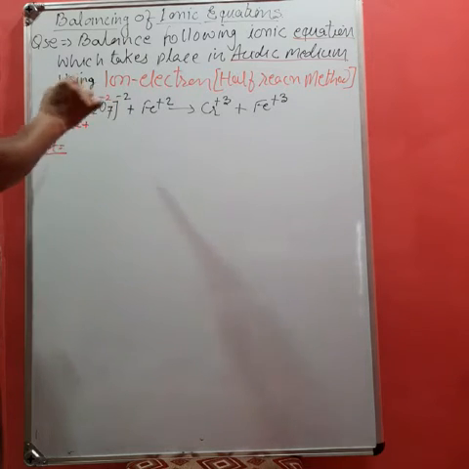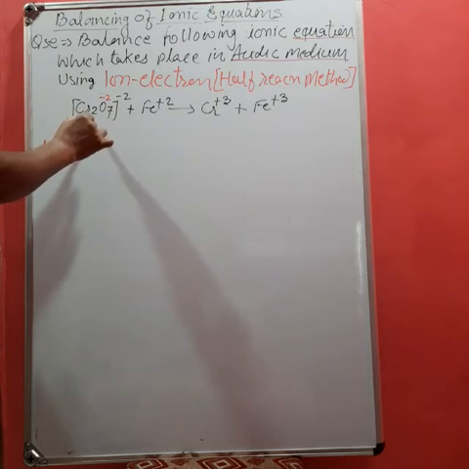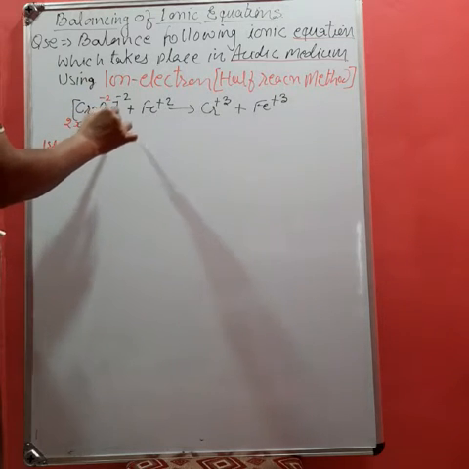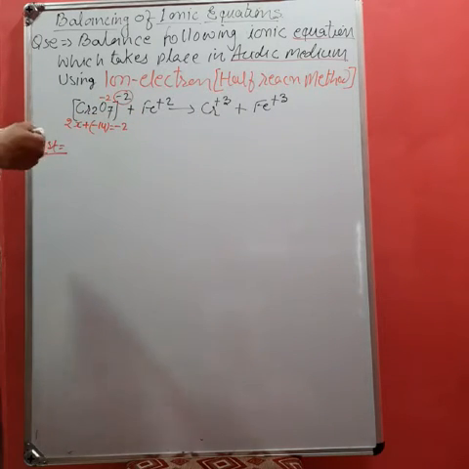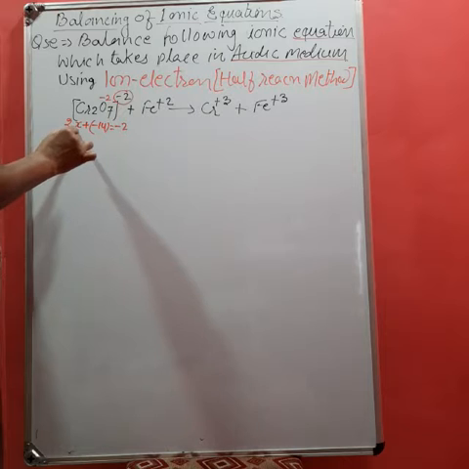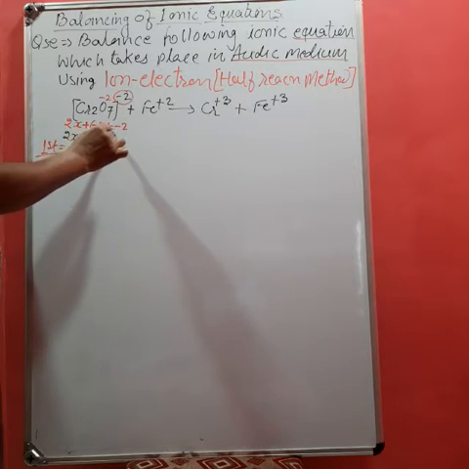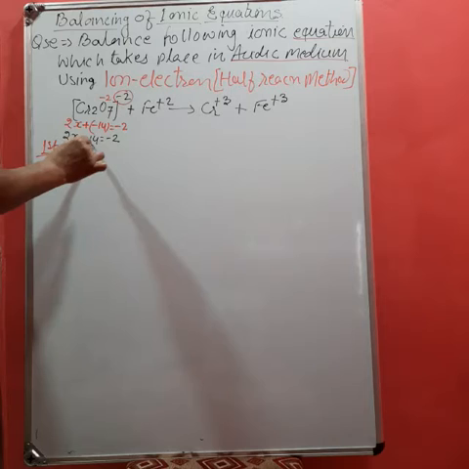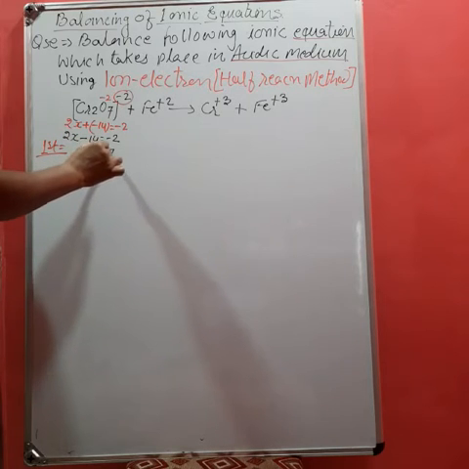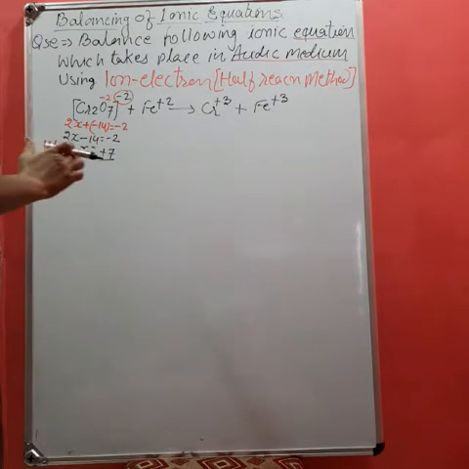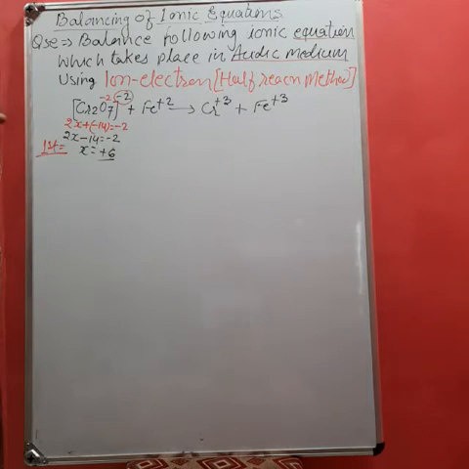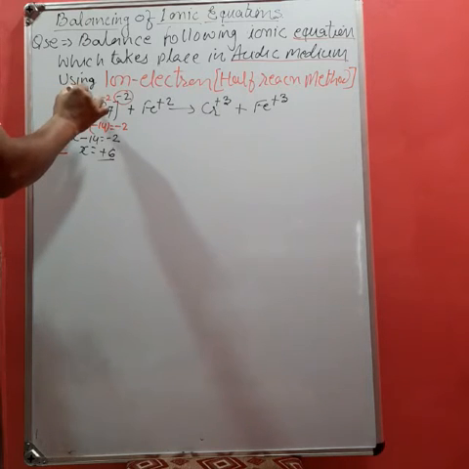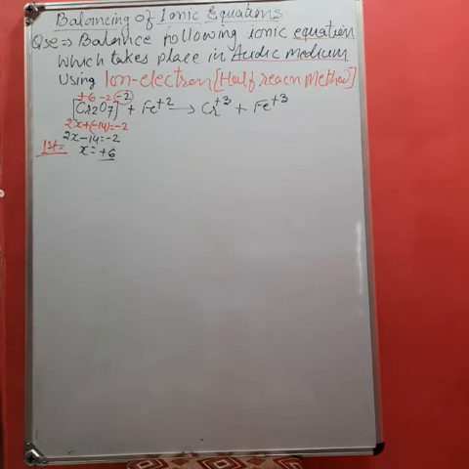Minus, that is plus. Each oxygen has a minus 2 state. So 7 times 2 is 14, that is minus 14, equal to the number of charges, minus 2. When you solve it, you will get 2x minus 14 is equal to minus 2. So x is equal to what? Plus 7. Sorry, not plus 7, this is plus 6. Getting? So write this plus 6 above the chromium. So our first step is completed.